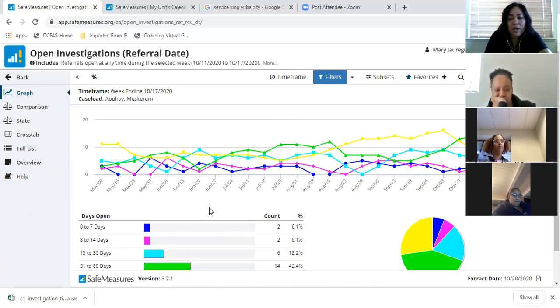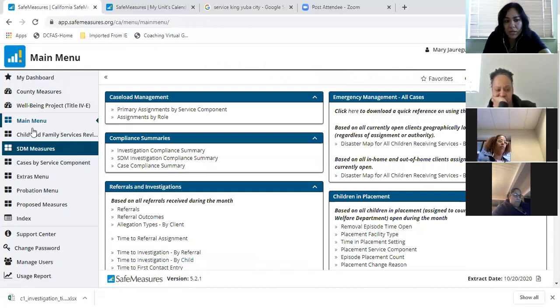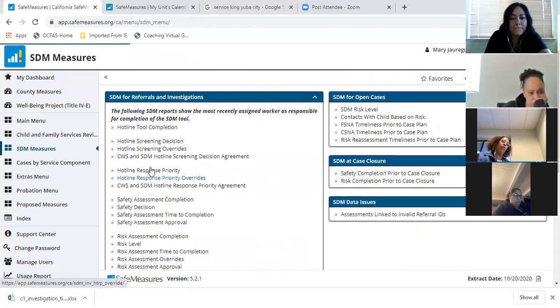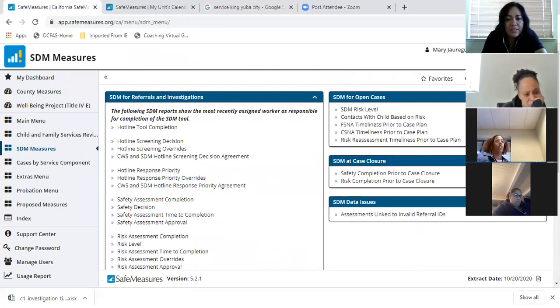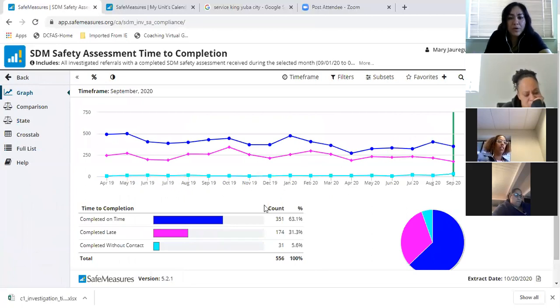All right, so I'm going to move right along into the third report. The third report is found in SDM measures. And it is the report titled Safety Assessment Time to Completion. And before we save this report, I don't believe I told you guys about the extract date, and the extract